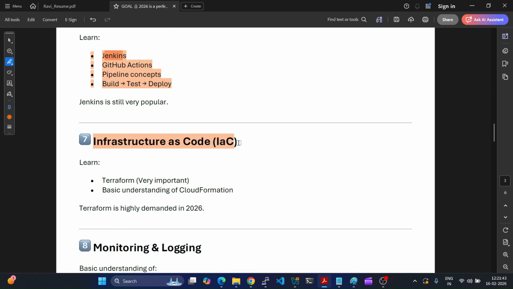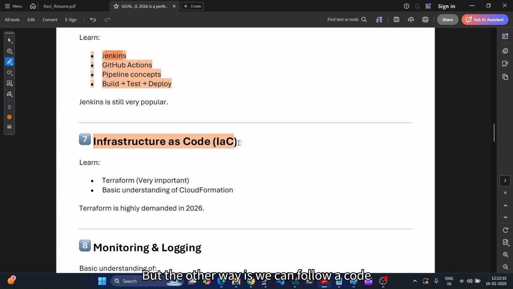After that we have infrastructure as code. Again, this is a very important tool, and it has to be learned in 2026. If we do not learn it, then we will miss out on a few things related to the cloud. Basically, we use infrastructure as code for cloud infrastructure provisioning. Whenever we create any cloud resources, one way is to log into the AWS or Azure portal and use the GUI to create them.